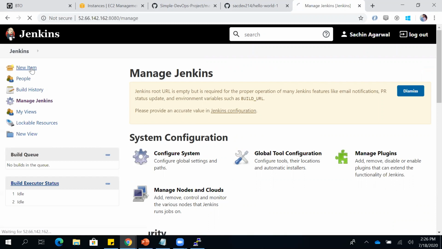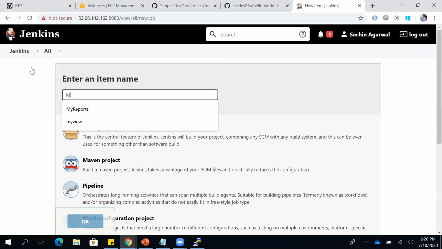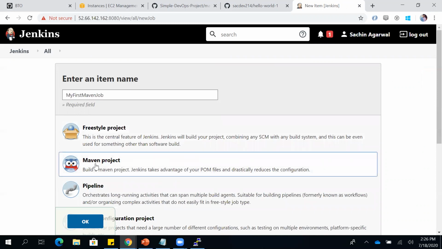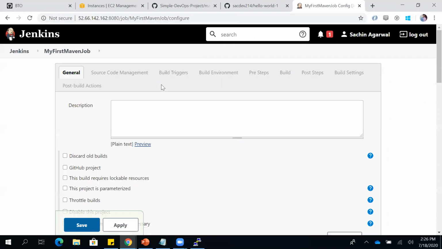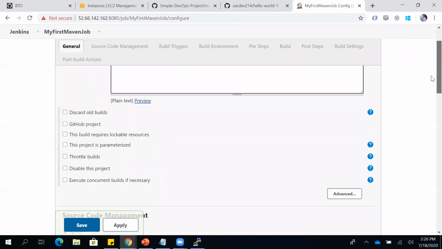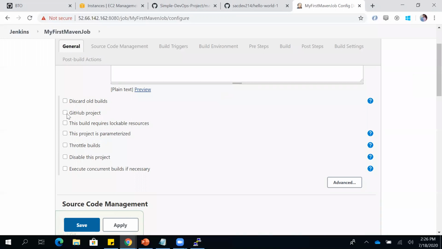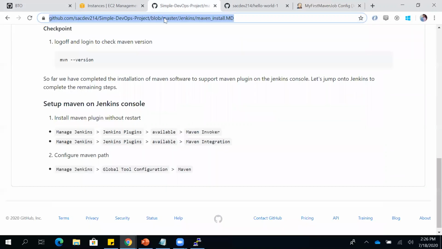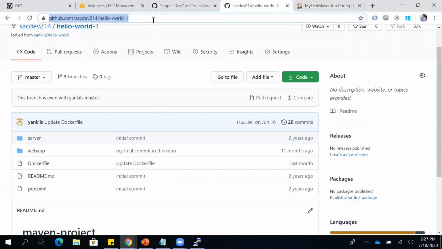Okay, now I'll create my first Maven job. This time I'm not selecting Freestyle project, rather I'll select Maven project, and I'll click on OK. Now here I'll write the description as: this is my first Maven project. Then I want it to be from the GitHub project, so I'll take my GitHub project URL. This is my project. I'll copy this URL